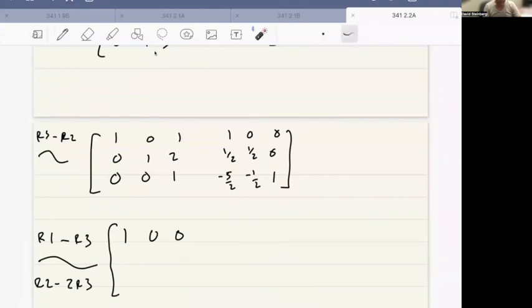We want 1 minus negative 5 halves, which is 7 halves. We want 0 minus negative 1 half, which is 1 half. And then 0 minus 1 is negative 1. Okay, 0, 1, 0. And now we want 1 half